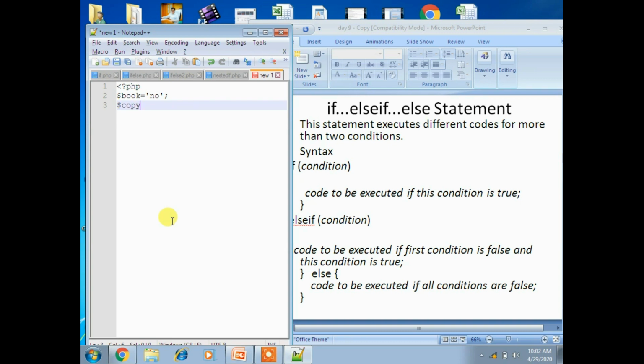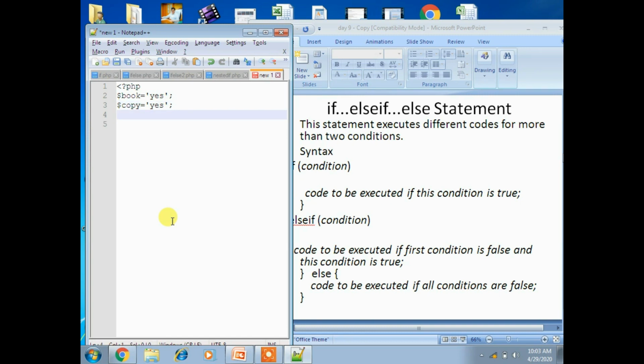So if the book is not there, then you can have a copy. If the copy is also not there, then by default you will get "no" statements, I'll change later.